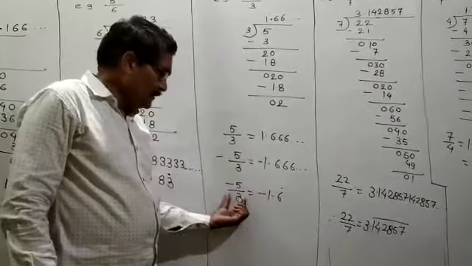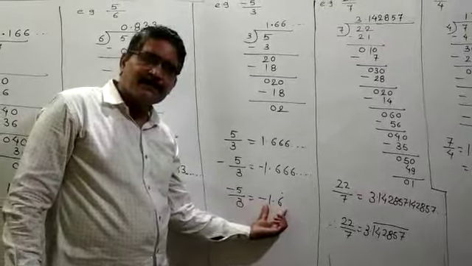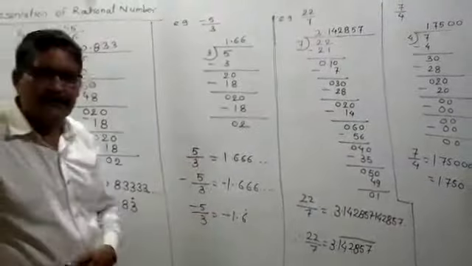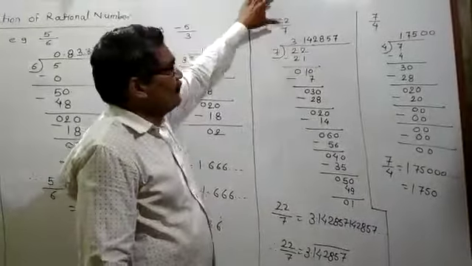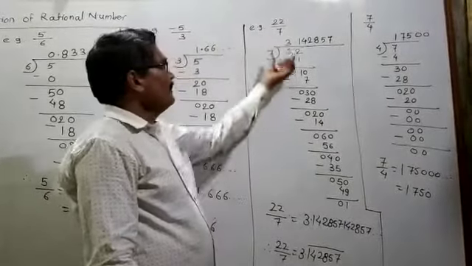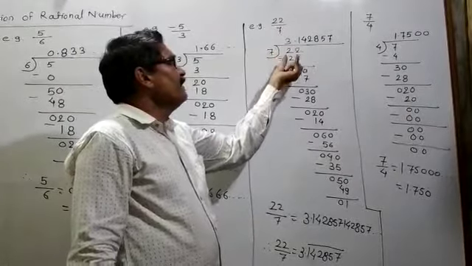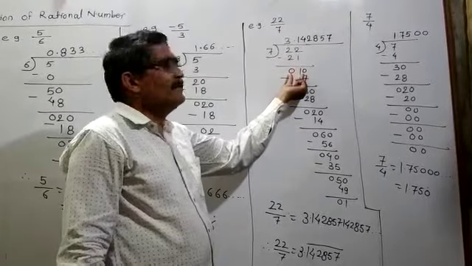This means this rational number you will write in decimal form like this, because the denominator is not 0, that's why you have to give the division and write like this. Then 22 upon 7. Inside you take the 22, outside you take the 7. 7 threes are 21. 22 minus 21 is equal to 1.